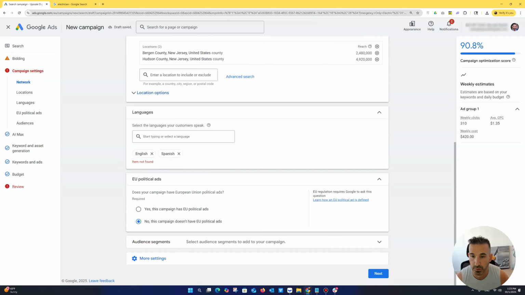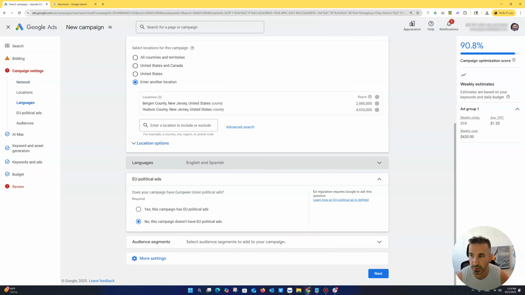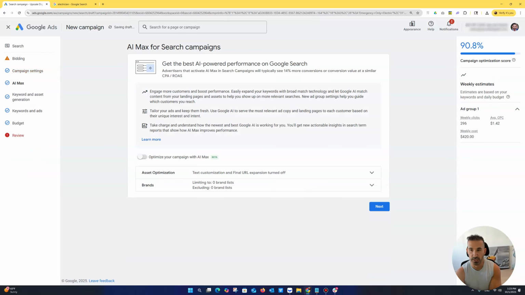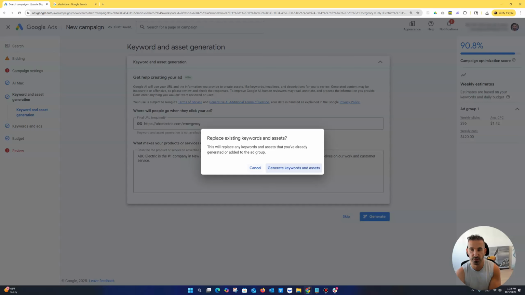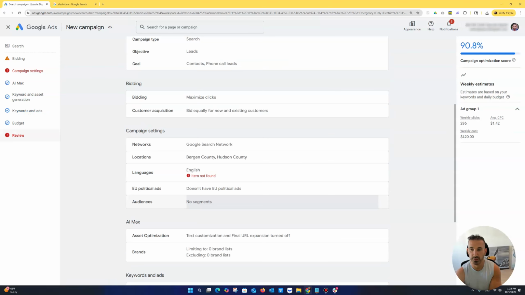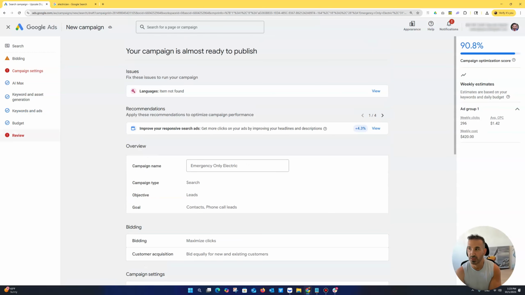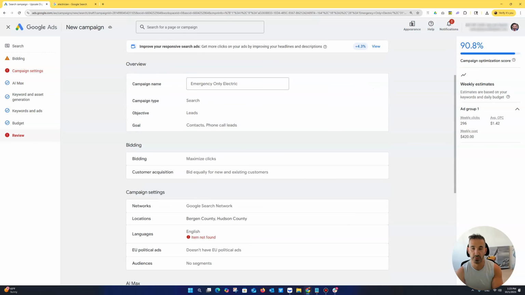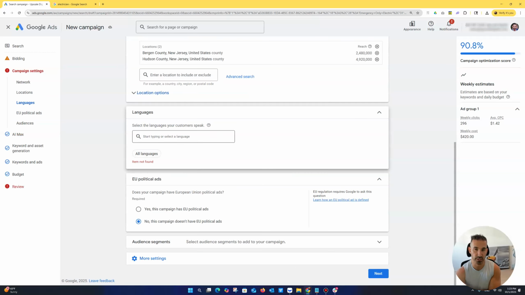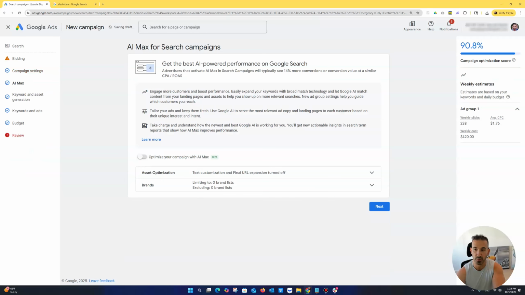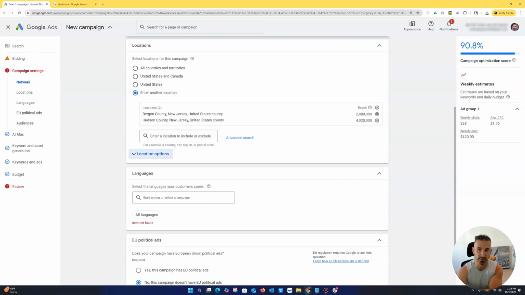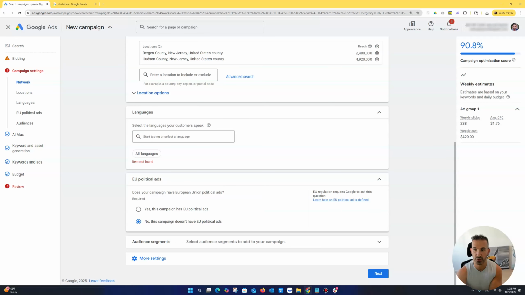Okay. Yeah, so it's the Google Ads platform is bugging out. It's telling me that I cannot finish the campaign because there's no language selected. So this is how you set up a campaign from A to Z. This is just a system bug that I cannot fix right now. Even if I click all languages, it's going to say item not found because this is a problem with the actual Google platform. So it's unfortunate we ran into this issue during a live video,